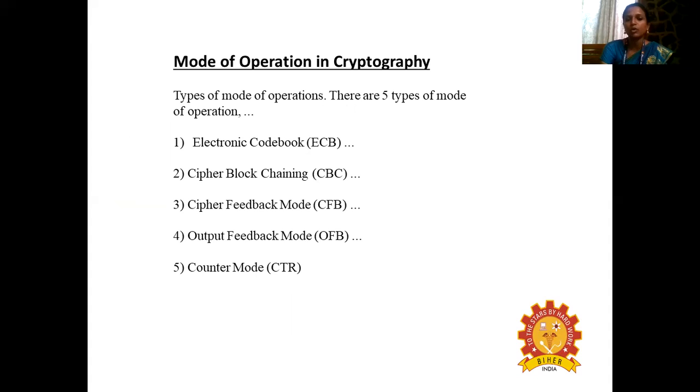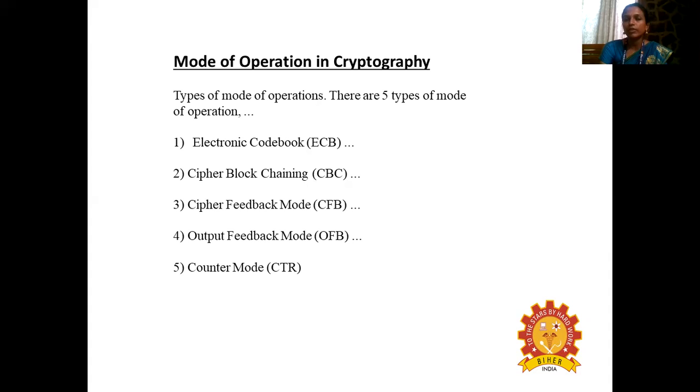Stream cipher and block cipher are there. Electronic code book and cipher block chaining come under block cipher. And the cipher feedback mode and output feedback mode come under stream cipher. Block cipher means the data is divided into a number of blocks and it performs operations on each block independently. So it doesn't depend on another block. So that is electronic code book. That means in a block cipher, the data is divided into different blocks and it performs operations on each block independently.